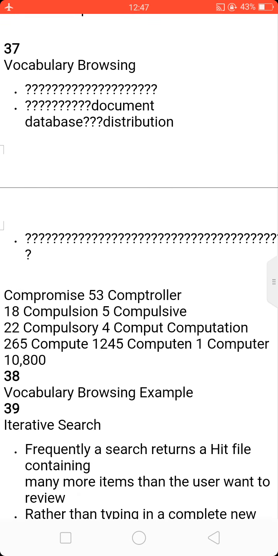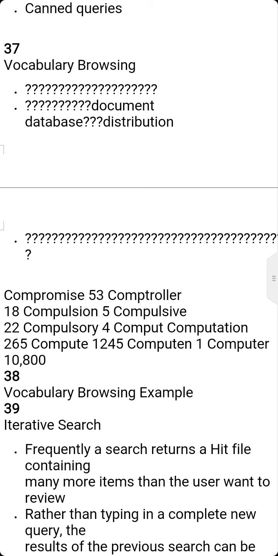This vocabulary browse provides the capability to display, in alphabetical sorted order, words from the document database. That is nothing but giving the alphabetical order.